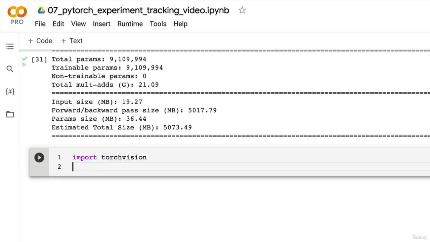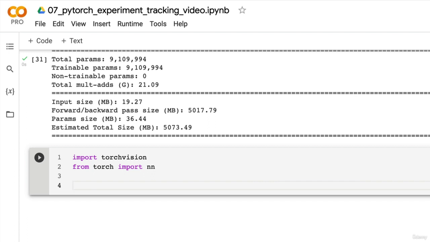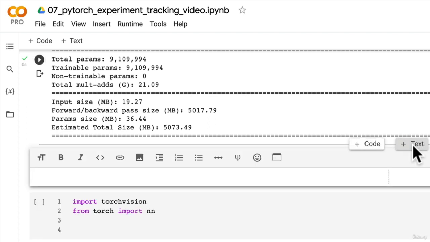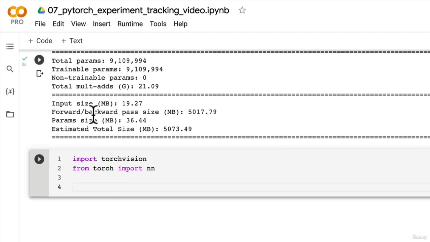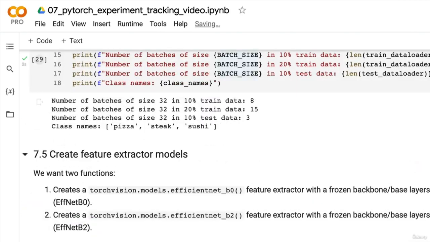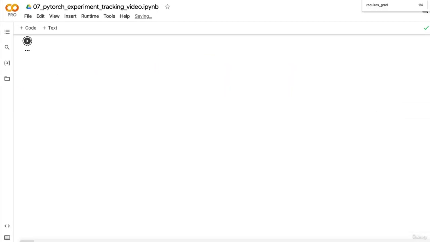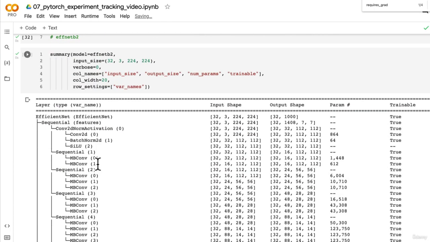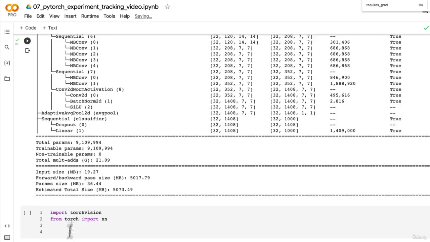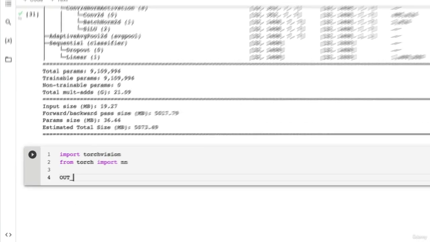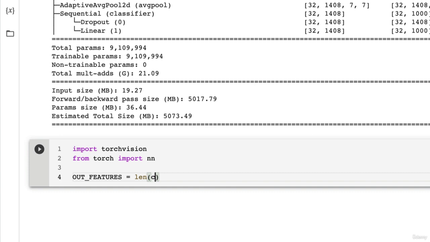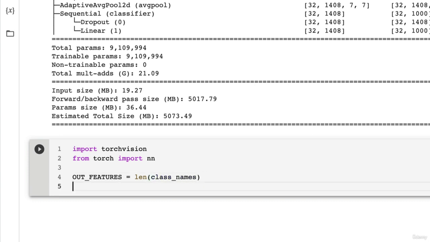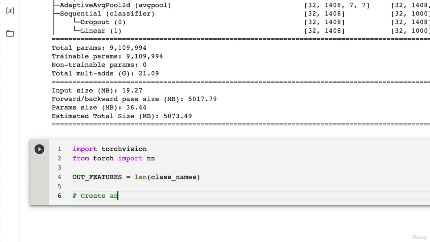We'll go import torchvision, and we'll go from torch import nn. I'm just going to write a note here. We've already got a note above, actually. I might just save us some space by commenting out this. We want two functions. Let's create these. So they're both going to have the same number of out features because we have how many classes? Well, we have 3, right? So let's create an EffNet